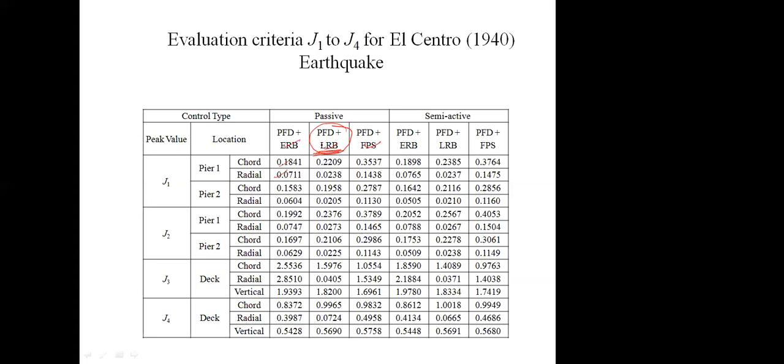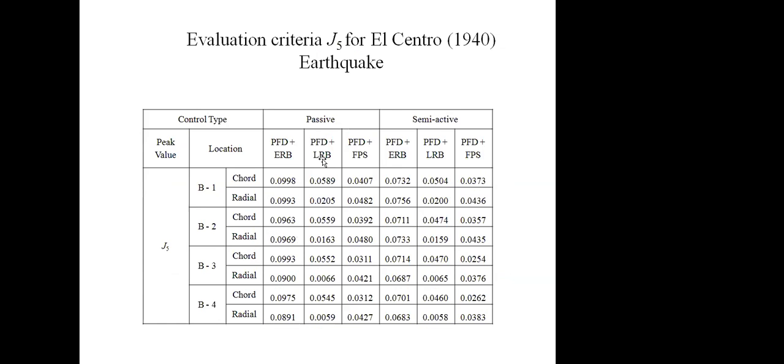It means we can say that for base shear reduction, the elastomeric rubber bearing is very good. Higher damping rubber bearing we can utilize. But when we are using the lead rubber bearing, it is also somewhat controlling the displacement response of the deck. Okay, so we have to think overall, not only about one parameter. So for the overall parameters, this piezoelectric friction damper along with the lead rubber bearing is giving the best result.